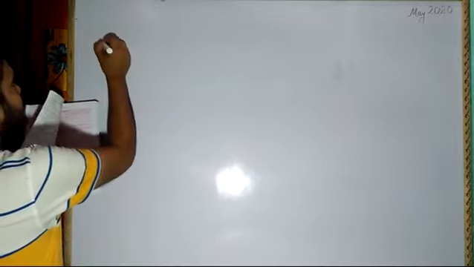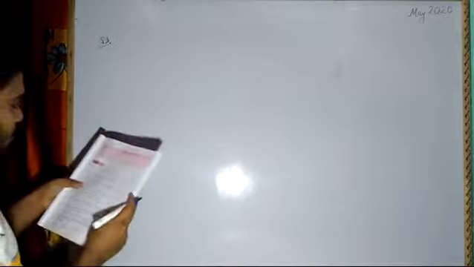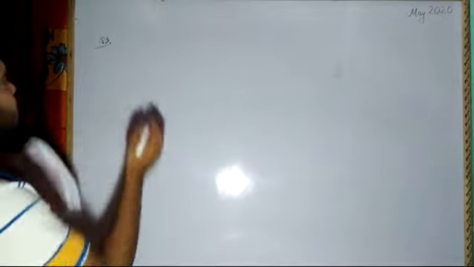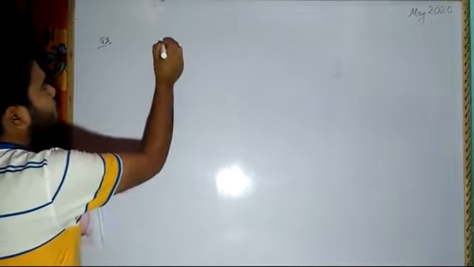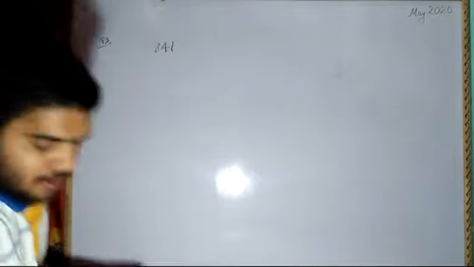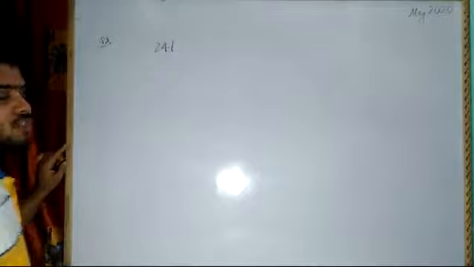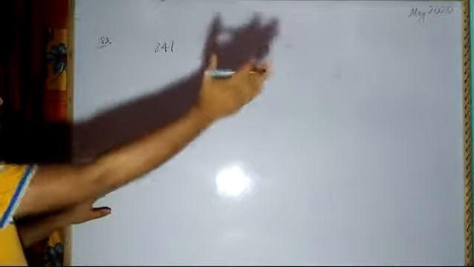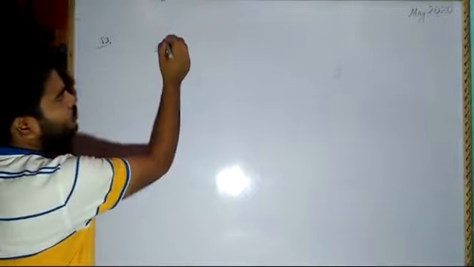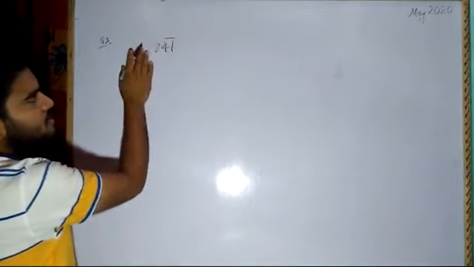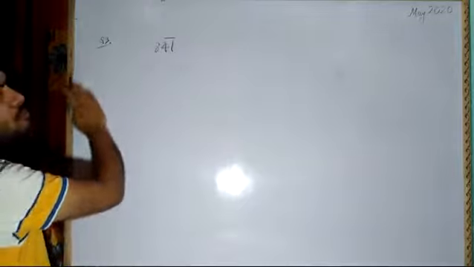Now question number 3 says, find the square root of each of the following by the long division method. Now you have to use the long division method, which means you have to follow the steps. First try to understand. From the right-hand most side, you have to make pairs of 2, and on this side, whatever number is there, you keep on making pairs.